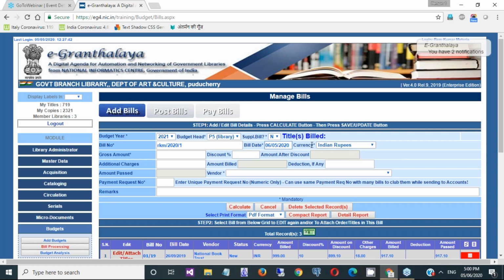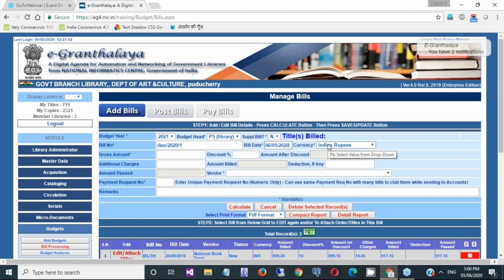So generally the bills will be accepted in Indian rupees. Here one thing you can understand: whatever books you are purchasing in the library, the total of the bill, or the payment of the bill, should be made in Indian currency. That is always the case in the government sector.